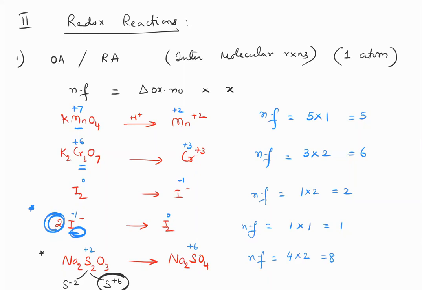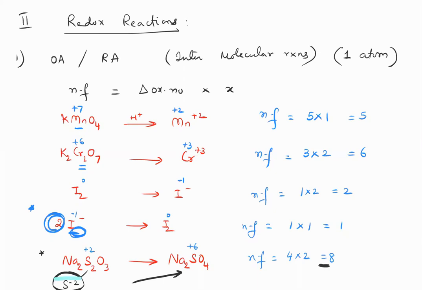So if you look at this sulfur, it hasn't actually changed. So the only sulfur which changed is this one. So you don't have to consider this change. So now what is your change of oxidation number? It's going from -2 to +6. So change is 8. Isn't that what I wrote already?